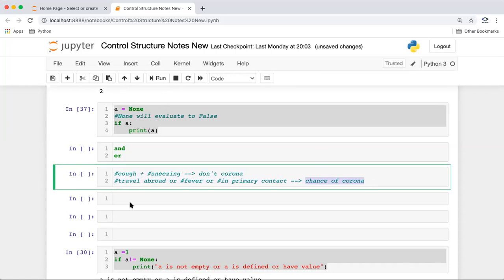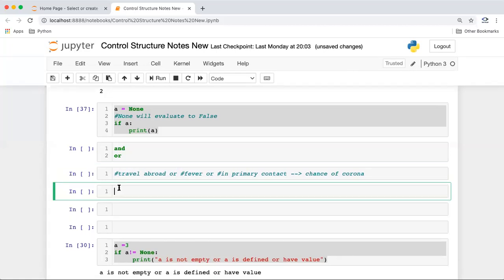And what AND says, for AND we can just say, I think these days what the government is doing, you should have fever, right? And you should have cough for the last 5 days. Then you can go for a test for corona, right?